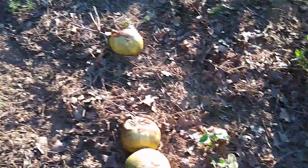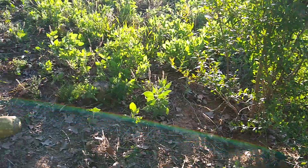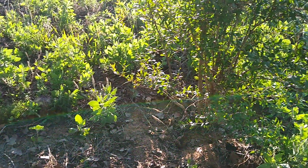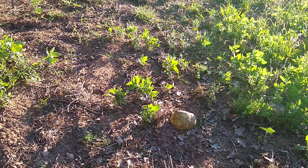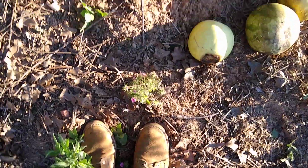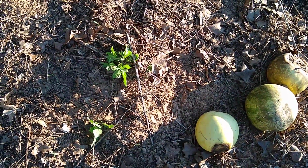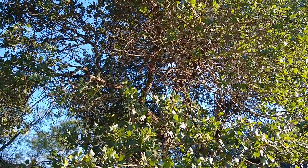But that's okay. It's 4 or 5 feet away from where a grid spot would be, so if I put a tall one here next to it, that one's more of a shrub. It's not going to hurt it. Not going to worry about it. I may put another live oak right here, just because I can keep that one growing up tall. And because that one is the one that's got the